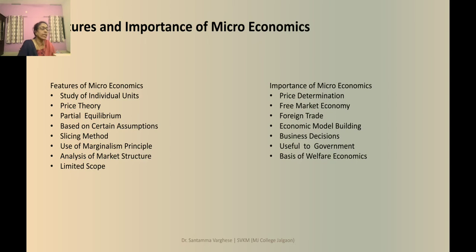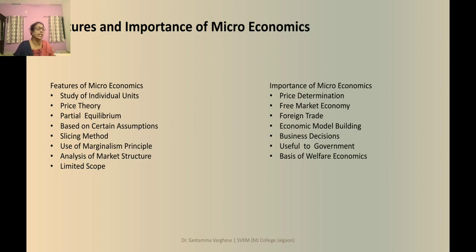In the same way, microeconomics comes with a fundamental assumption, that is, other things remaining constant. What are the other things remaining constant? Such as perfect competition, laissez-faire policy, pure capitalism, full employment, etc. We take this assumption, that is, other things remaining constant. We call it ceteris paribus.